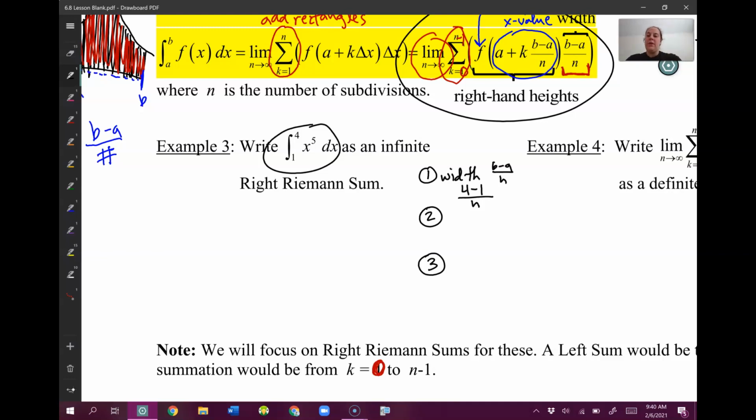Step 2 is looking at what is a, so that I can put that right there. So step 2 is what is a. Well, we know a is the lower limit, so a equals 1. And then step 3 is what is my function. So my function on the integral is on the inside, so this one is x to the 5th. So now that I have those 3 things,